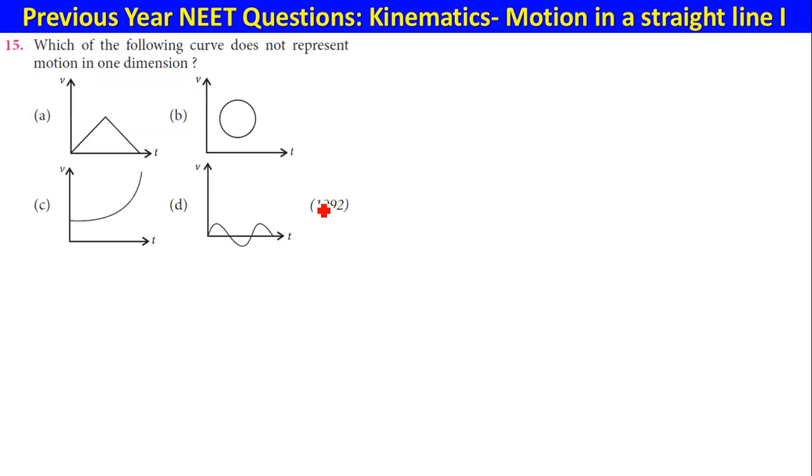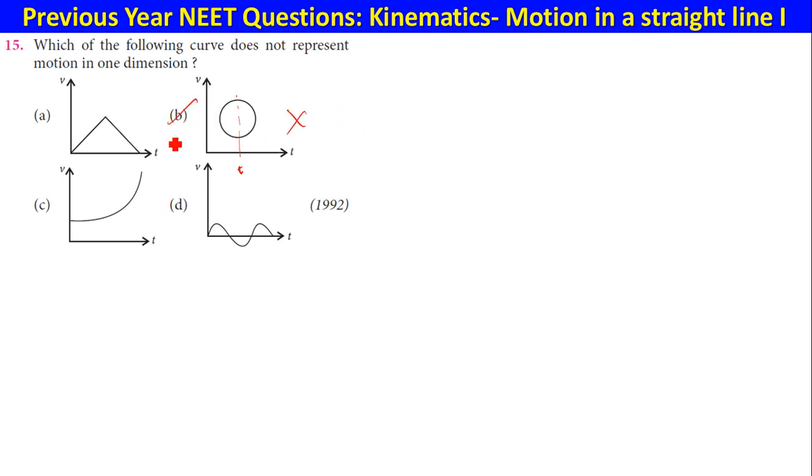Okay. Yes. So this one is the correct answer. Next, which of the following curves do not represent motion in one dimension? So does not represent. Okay, fine. See, basically here velocity can increase, can decrease, no problem, and velocity can keep on increasing like this, also no issues. Velocity can oscillate, up and down, having positive velocity, negative velocity. But if you see this, at different times you are having two different velocities. Is it possible? No. Can you travel with 100 km per hour and 50 km per hour at the same time? No. That is why it is not possible, and this is the correct answer.